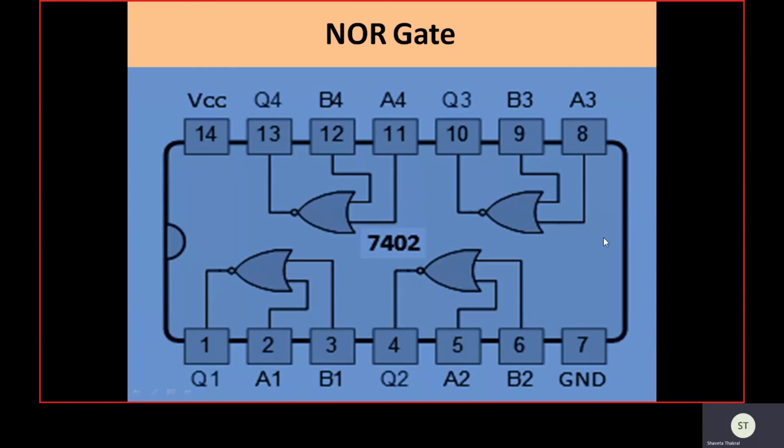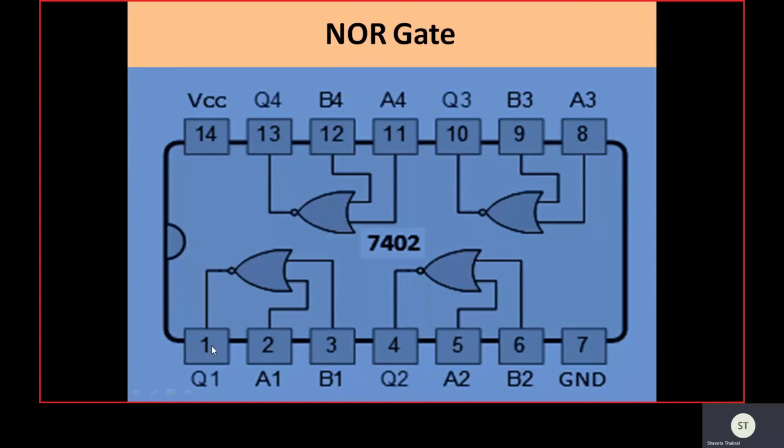This is the IC diagram of the NOR gate with the IC number 7402, and in this case again pin number 7 needs to be connected to ground and pin 14 needs to be connected to the 5 volt supply, and the rest of the 12 pins can accommodate a total of 4 NOR gates. But a very important observation in the NOR gate is that here pin numbers 2 and 3 are input and